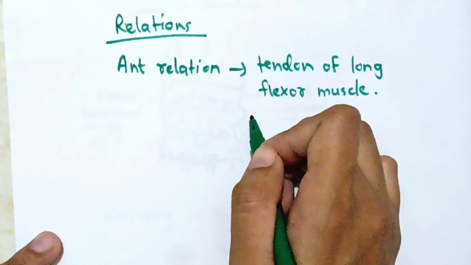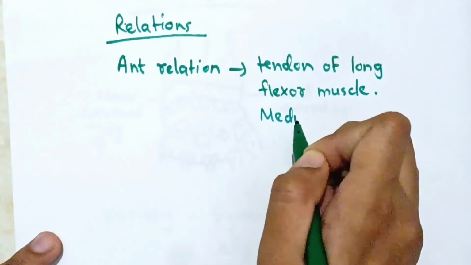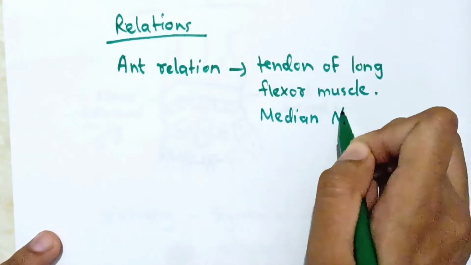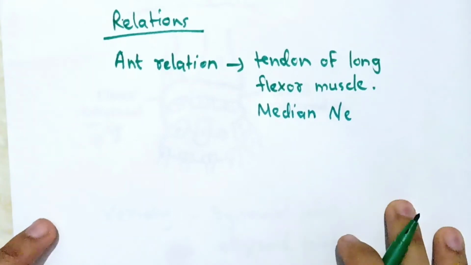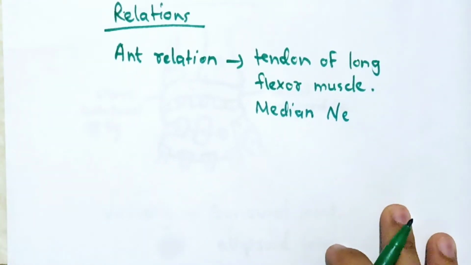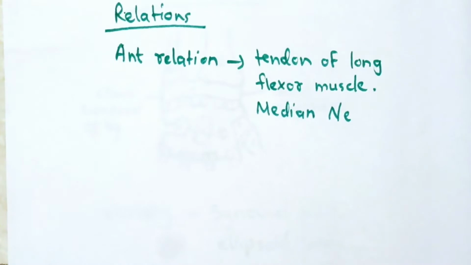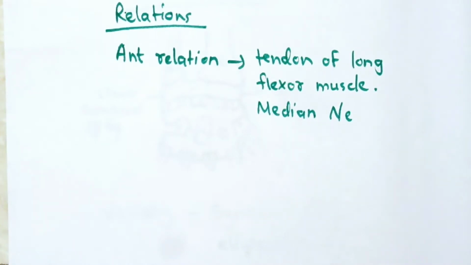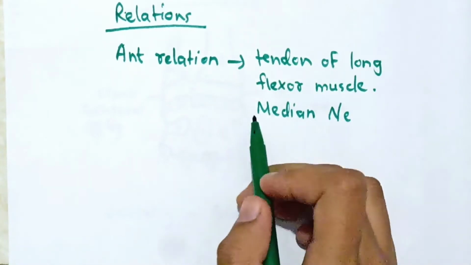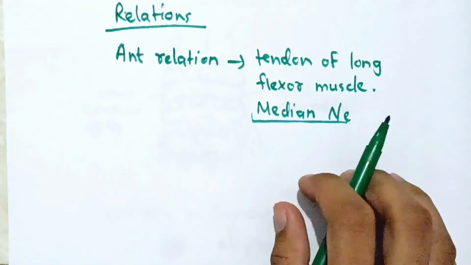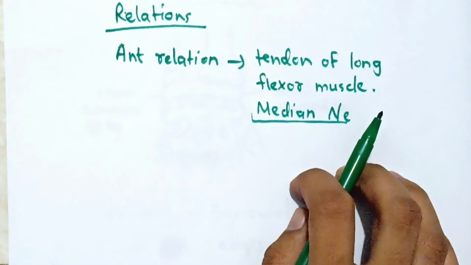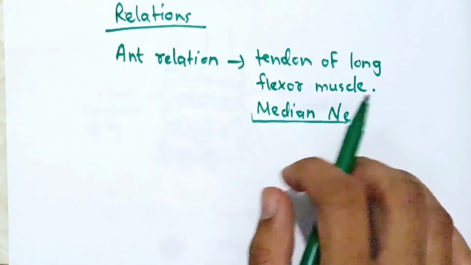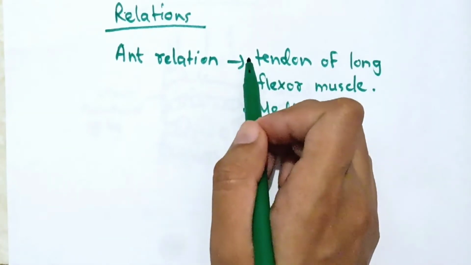and also we have one nerve, that is median nerve. Now we have not taken ulnar nerve and ulnar artery and all those structures in the anterior relation because they are superficial to the flexor retinaculum, and here we have to take the structures which are in direct relation, direct contact to the wrist joint. So the median nerve is the only one which is deep to the flexor retinaculum and which is in direct relation to the wrist joint. That's why we have taken only this nerve and not the ulnar nerve and ulnar artery.